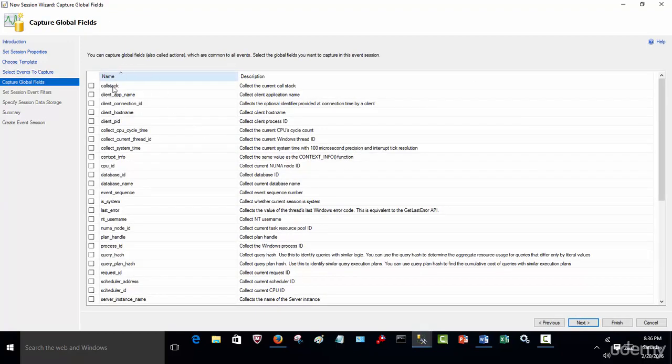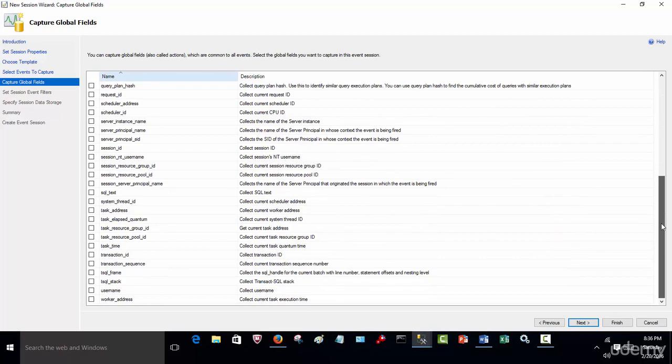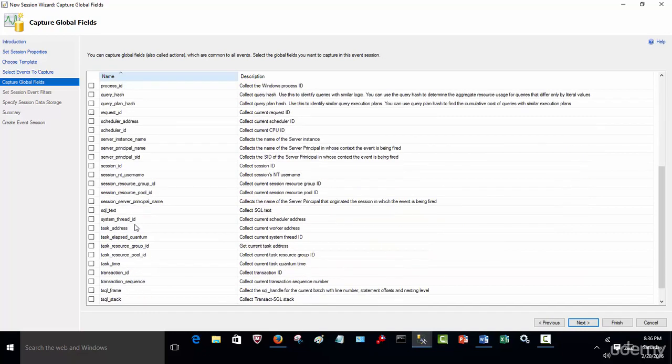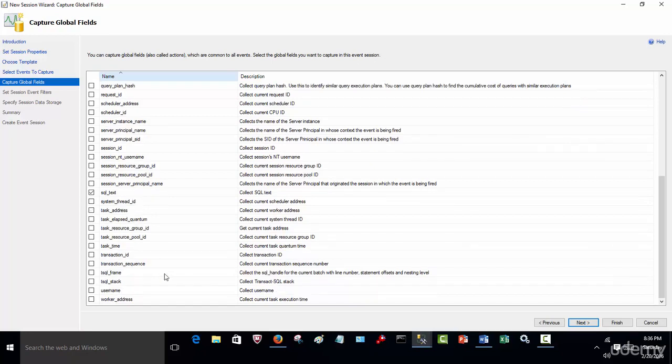Now, within that event, I could select a tremendous amount of what I call fields here, or global fields, or actions. So what do I want to happen against that event I just selected? What do I want to capture? Well, I've said that anytime the database changes, I want to know whatever I select here. So what do I want to know about that? Well, I want to know the database name that was changed. I want to know the NT user who changed it. A couple other things. I want to know what the SQL text was that was causing the change,